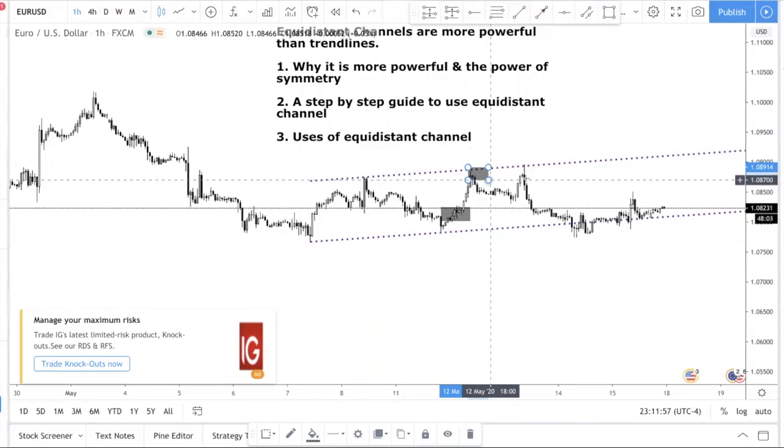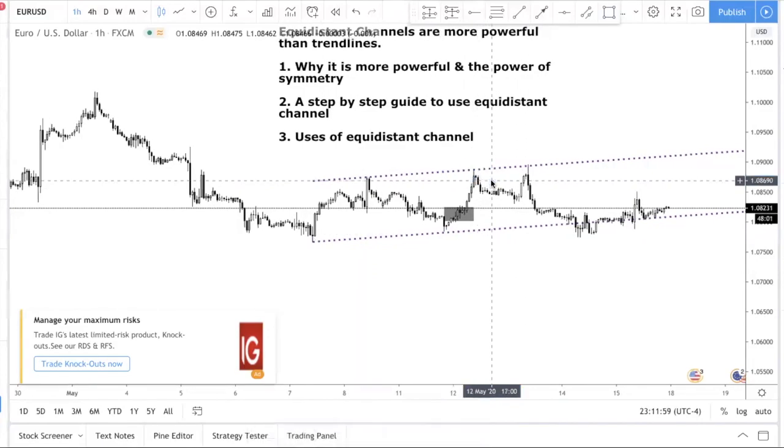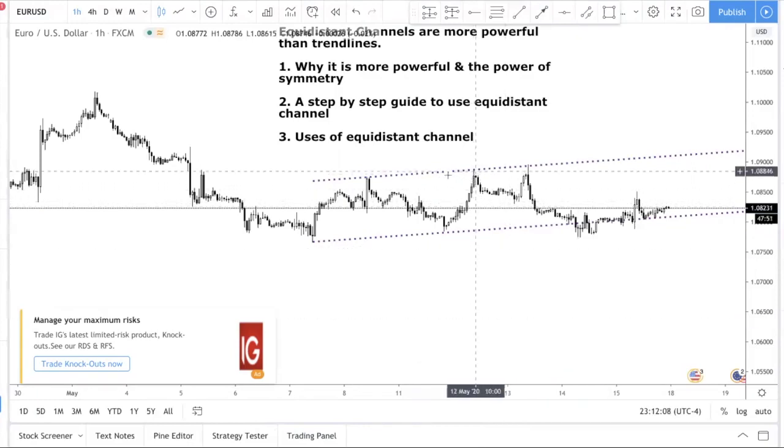The other way that you can use it is you can use it as an entry level. Now, before I carry on, I want to make a disclaimer. The meaning of entry level, I don't mean to just blindly enter here. Well, I mean, you still need to have a trading system in play. You still need to have a strategy in play when you are trading. You don't just want to mindlessly enter the trade without any trading plan. You want to have a trading plan that you know works and look for the levels and then